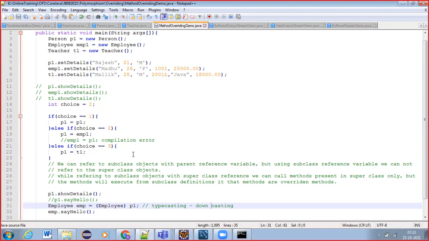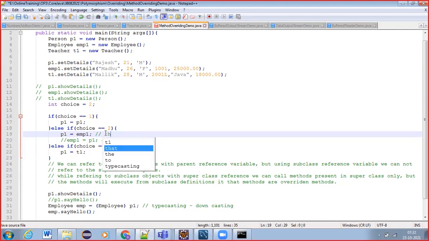And in this case, we can say subclass reference we are placing into superclass, right? What can we say it as? Here also typecasting is happening. Implicit typecasting kind of thing, right? We have implicit typecasting, explicit typecasting. Implicit means without doing anything, directly it will be converted. EMP is converted into person, right? So that is implicit typecasting.